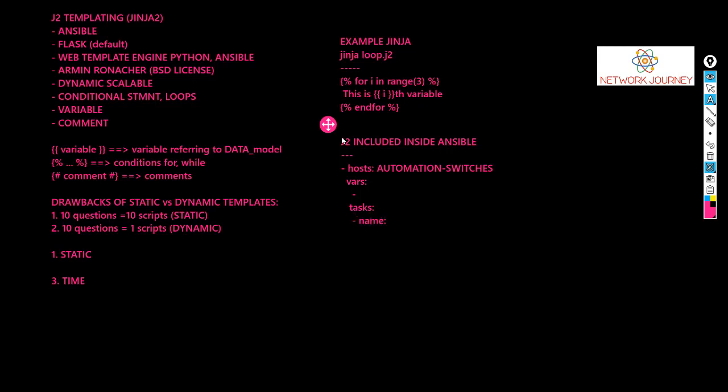You give some name, you say that configuring VLAN or interface or whatever, and then you make use of the template, and you call it as source, and then you give the J2, like VLAN J2, or it was interface J2, or this was within some folder. Maybe you created a dedicated folder for templates and you have it within that. So this is how we define this.